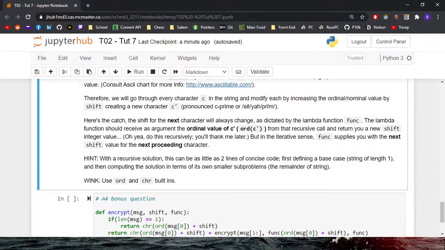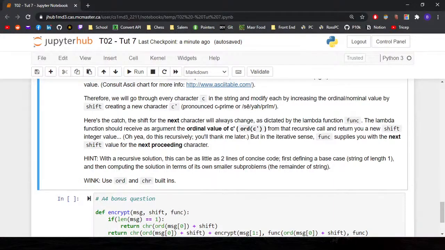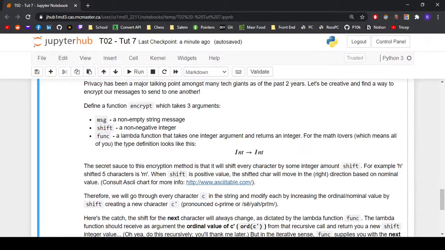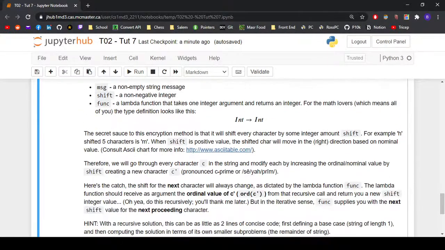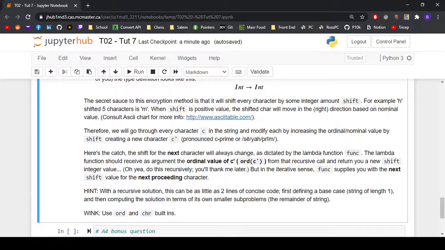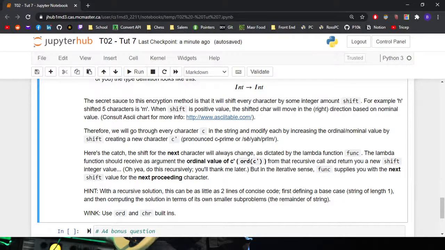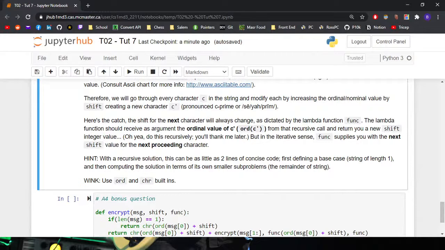Here's the catch. This is where the fun begins, I think. The shift for the next character will always change as dictated by the lambda function func. Okay, so I'm guessing then this lambda function determines what the shift is going to be for each character. Let's keep reading. The lambda function should receive as an argument the ordinal value of C prime from that recursive call and return you a new shift